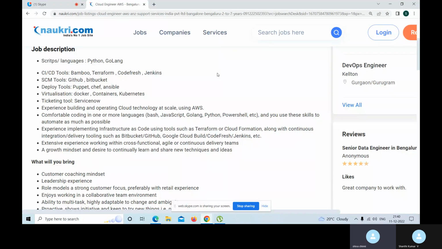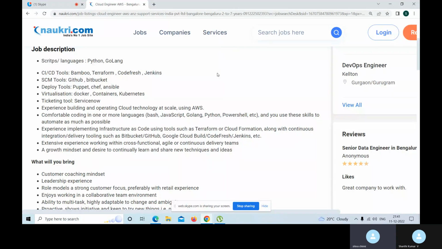And if you go to the experience implementing infrastructure as code using tools such as Terraform or CloudFormation, along with continuous integration, in the scenario you can create the whole infrastructure by using Terraform or CloudFormation templates. Basically it has JSON or YAML files, where you can create the whole required resource infrastructure by using these two